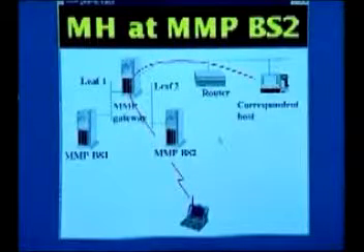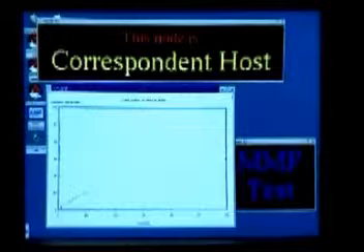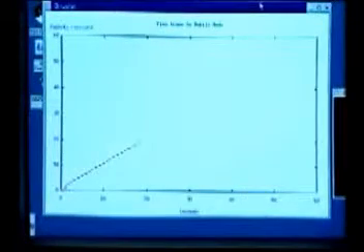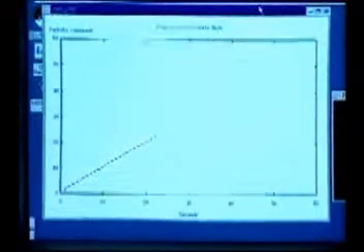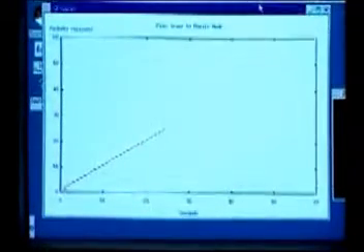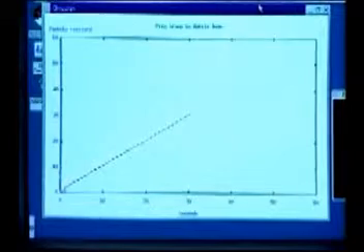We are now going to repeat the experiment which we had done earlier with mobile IP, using MMP this time so that we can look at the performance of MMP. We are back at the correspondent host and we're repeating the experiment which we had done earlier with mobile IP, except this time we're running MMP. Recall that the experiment involves sending packets from the correspondent host to the mobile host and getting responses back from the mobile host. When communications are smooth and with little interruption, we expect that the replies would come in at